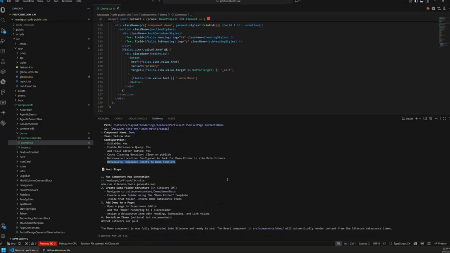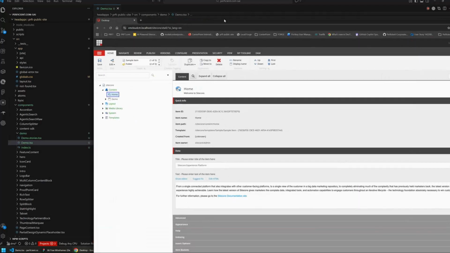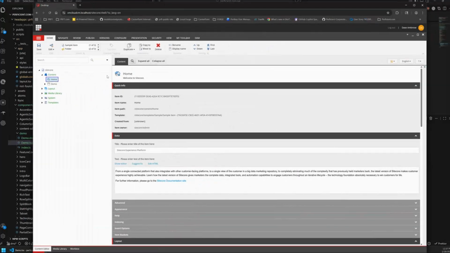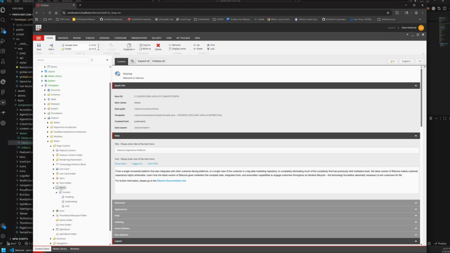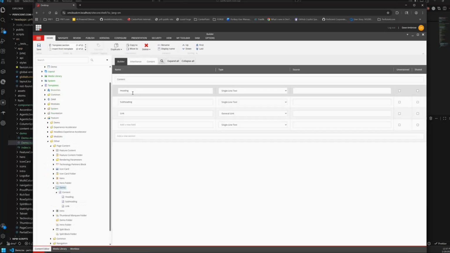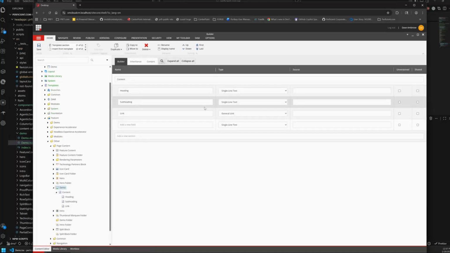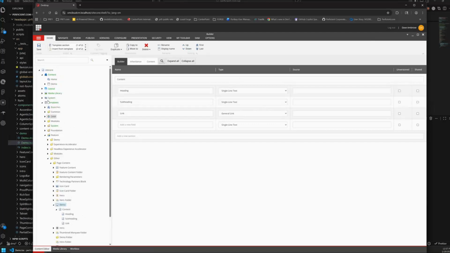So I'll pull that up over here just to prove that it wasn't just AI talking to us about it. If we go, I think it said here, feature, the other. And then here we have a template. Here's our template. It made the demo template. It gave us a heading, a subheading, and a link, all typed correctly. If we go back up to renderings,